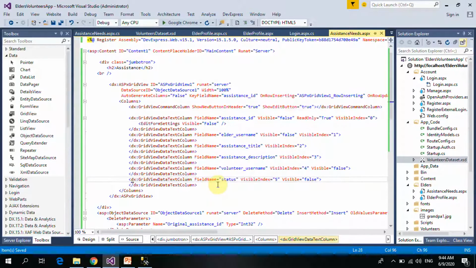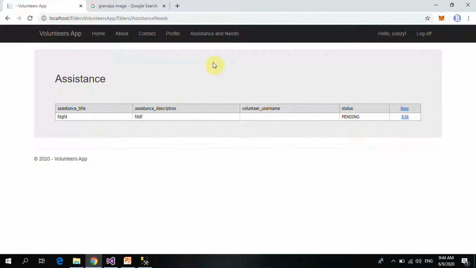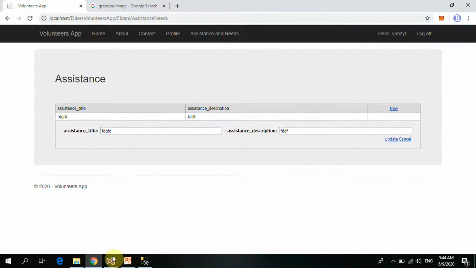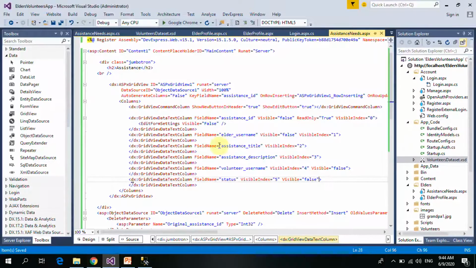Let's refresh this page. So now we can edit now and see. I hope my edit button. Okay, well, okay, let's create a new assistance. Before we work on the edits, let's create a new assistance. Let's say